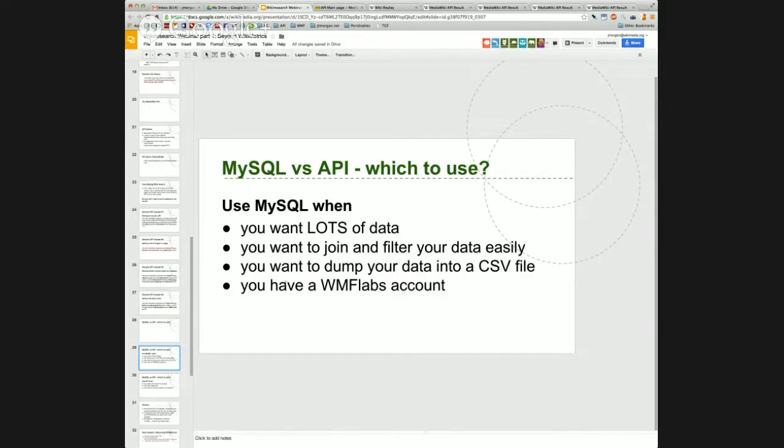we're doing. So the API often limits how much data you can get in a particular query. And if you want to get lots of data, the databases are potentially a better solution for that. So if I want to select all the revisions on the English Wikipedia that are made by anonymous editors, that's going to be hundreds of millions of lines? I don't actually know. A lot of data. That's something that you could theoretically get through the API, but you definitely want to use a SQL query against